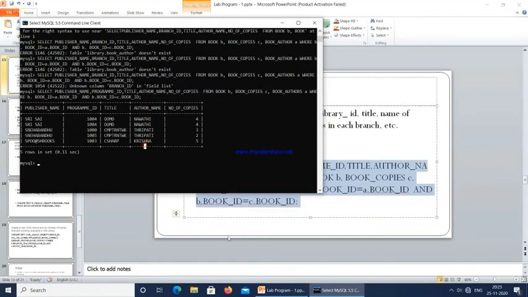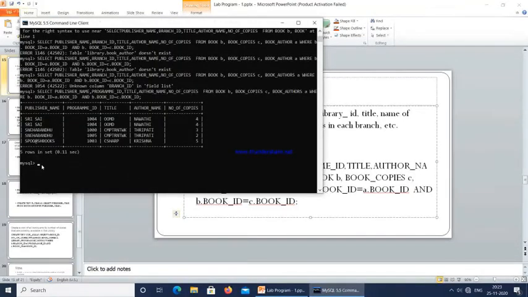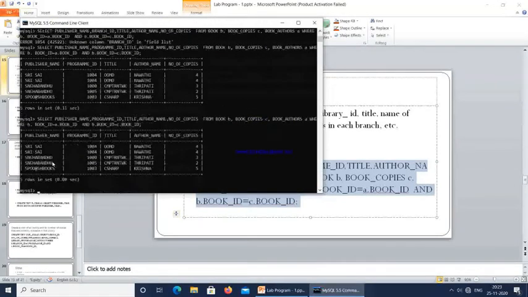Okay, so you can see here, we are going to select the publisher name, branch ID, title, author name, number of copies from book B, book copies C, book author A, where B dot book ID is equal to A dot book ID and B dot book ID is equal to C dot book ID. If I execute this query, I'm going to get this particular output.